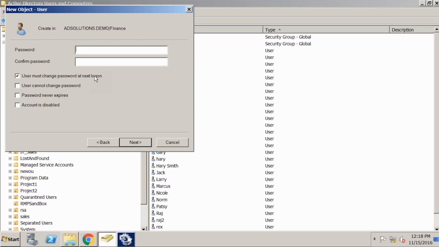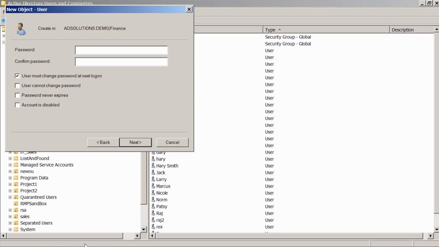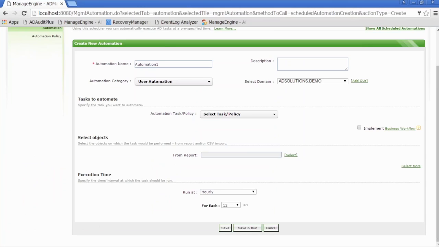The reason it's an issue is if you've been using the same password for all new users over the last 3, 4, 5 years, that means that everyone that's currently in Active Directory knows every new user's password. So it doesn't matter if they change it or not in next logon, they can log on as that account. So what you need to do is you need to go into Active Directory and you need to get